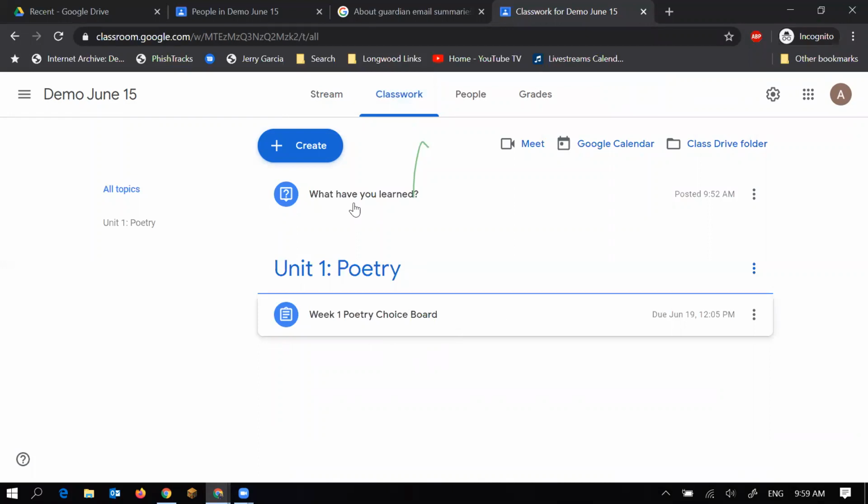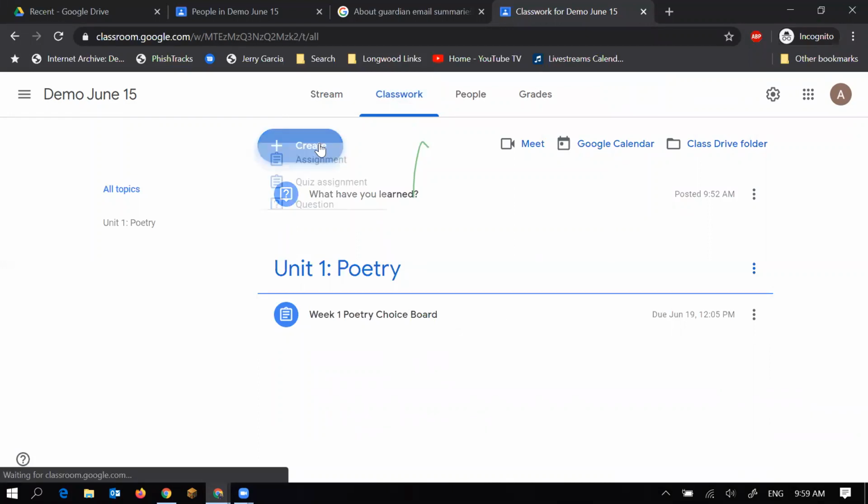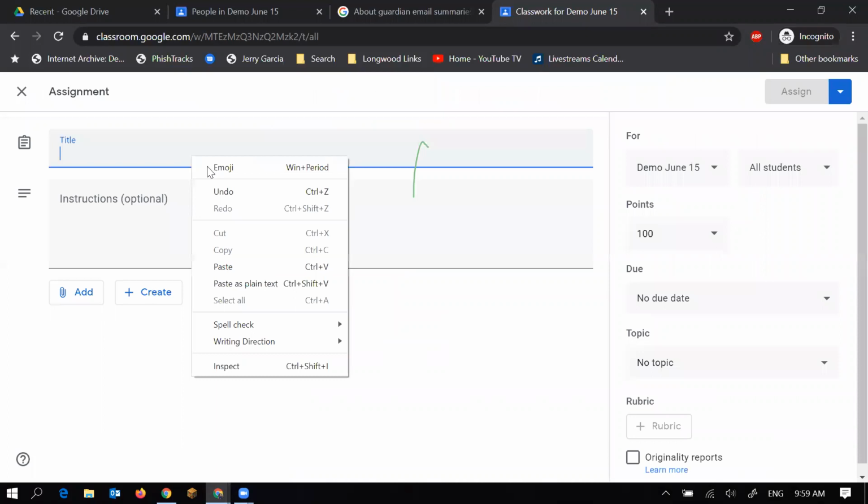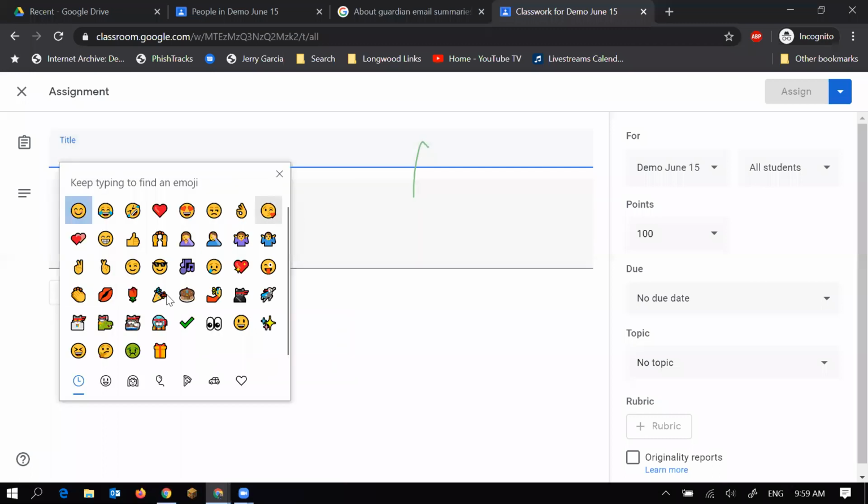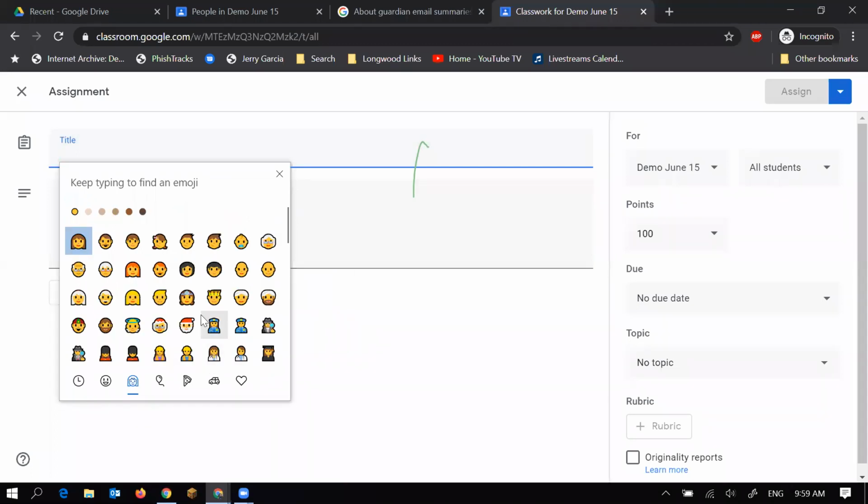Some other things that we can do: when you're in the create option, there is a choice to be able to use emojis in here that could, again, let us visually know here are some upcoming assignments, or this is for my parents. Now, okay, it is coming up. Cool. So if I wanted it to be, this is something that your parents need to check out, maybe I go in and find